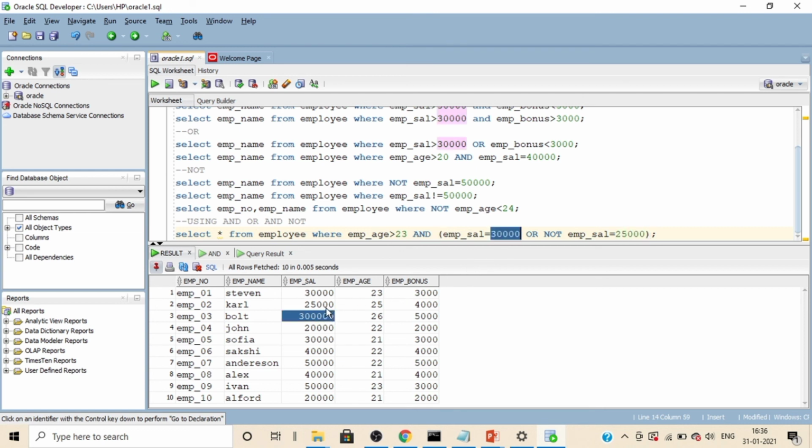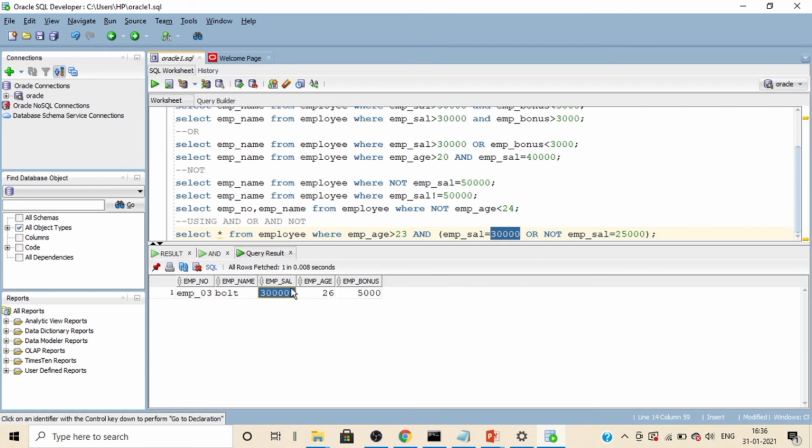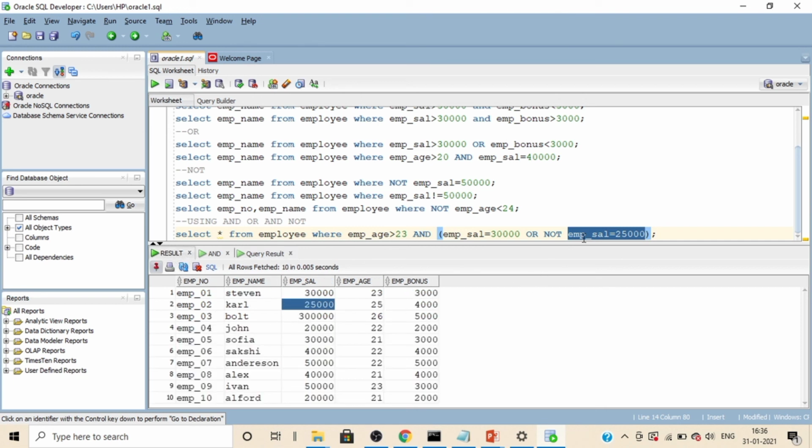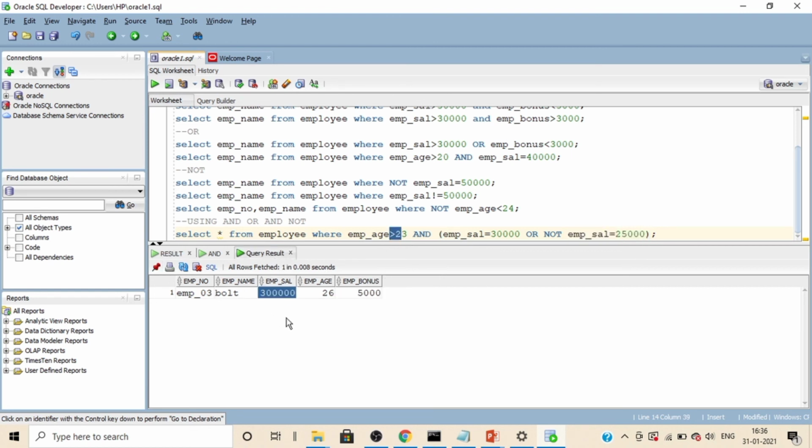Coming to Carl's salary equal to 30,000, no, or Carl's salary should not be equal to 25,000, but his salary is equal to 25,000. So we cannot take Carl. Coming to Bolt, his salary is not equal to 30,000 or Bolt's salary should not be equal to 25,000. Yes, his salary is not equal to 25,000. So that is right, so it takes that, and the outer condition is also true in the case of Bolt. So it gives the result as Bolt.